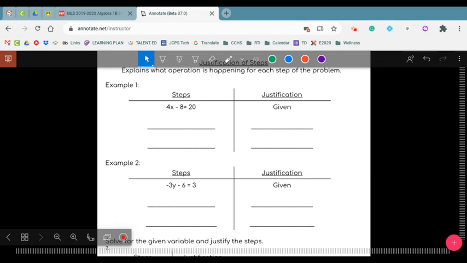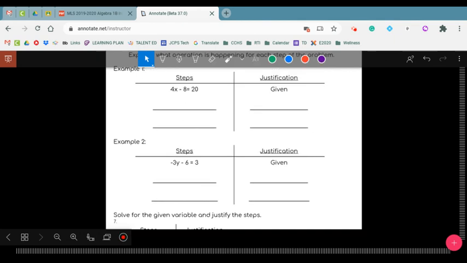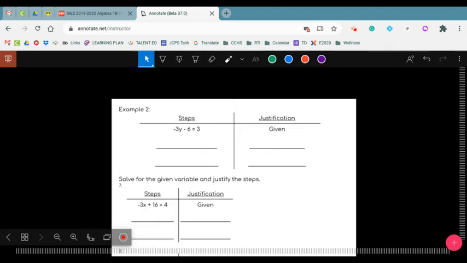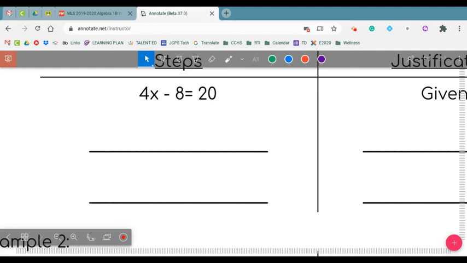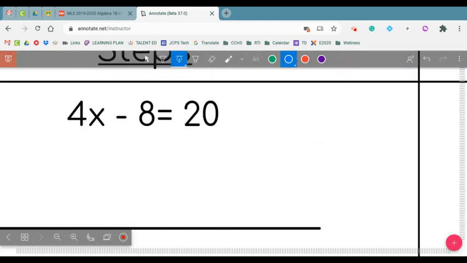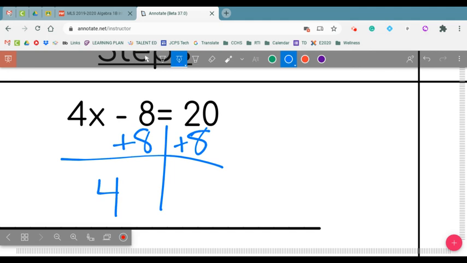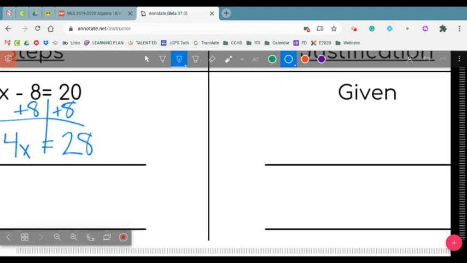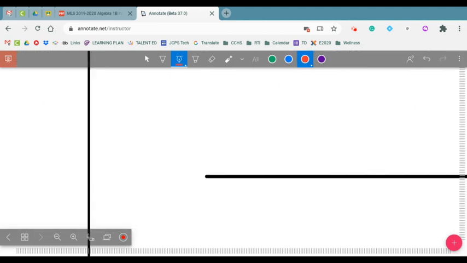which is justification of steps. So basically, it's what we've been doing. We are just going to explain what that step is, and we added one more compared to what we had yesterday. Okay, so 4x plus 8. Your first step should be to add 8 to both sides. So if you remember from yesterday, we're going to get 4x equals 28. If we do it to both sides, there's a certain word we have to use, which is property of equality. So since we added, addition,